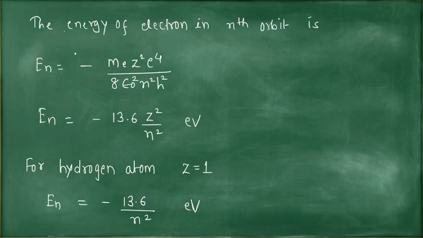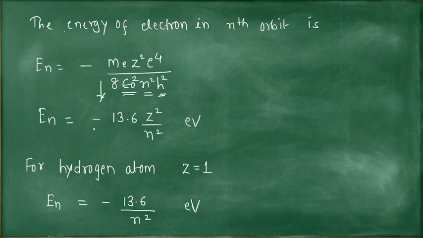Hello students, in the previous video we derived the relation for the energy of electron in the nth orbit. So here is the formula. En is equal to minus me Z square e raised to 4, where me is the mass of electron, Z is the atomic number, and e raised to 4 is the charge on electron raised to 4, upon 8 epsilon square n square h square,